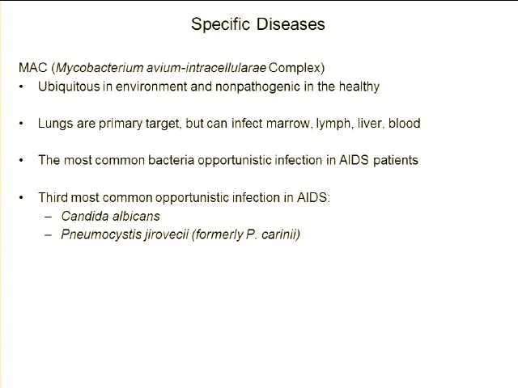This is going to be the third most common opportunistic infection in AIDS. So it's the most common bacterial opportunistic infection, but the third most common opportunistic, the first being Candida albicans, which is going to cause some very nasty yeast infections. So we're not talking about topical yeast infections, like thrush. Thrush is a topical yeast infection of the mucosa. We're not talking about vaginal yeast infections. We're not talking about diaper rash. We're talking about now serious disseminated yeast infections in organs that can affect organ systems.